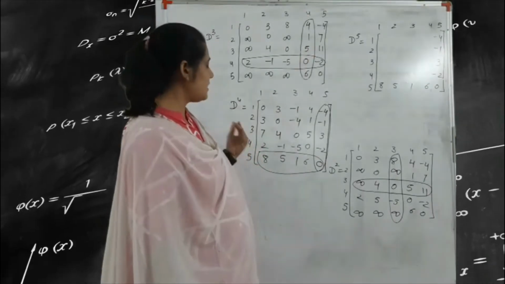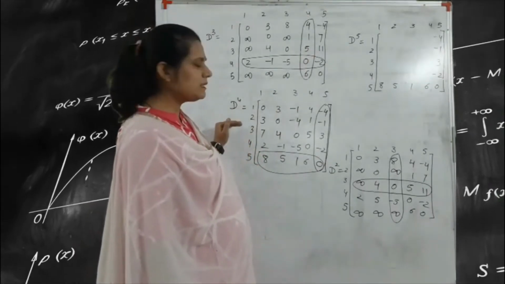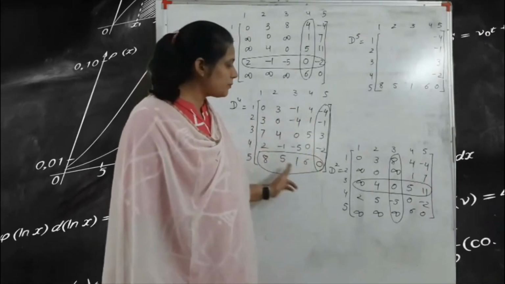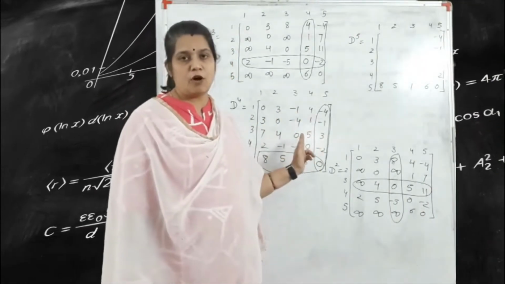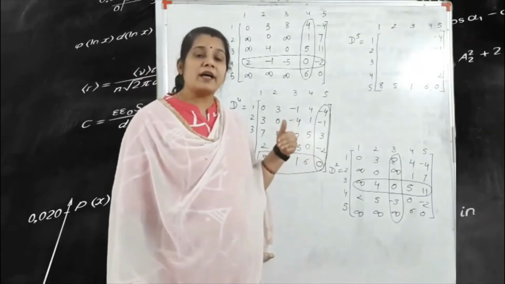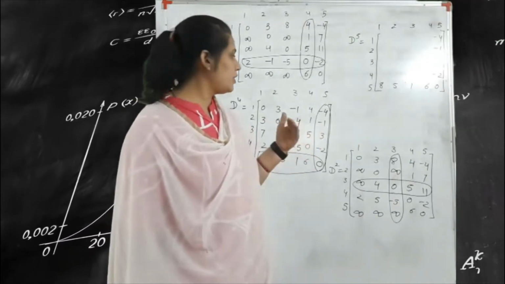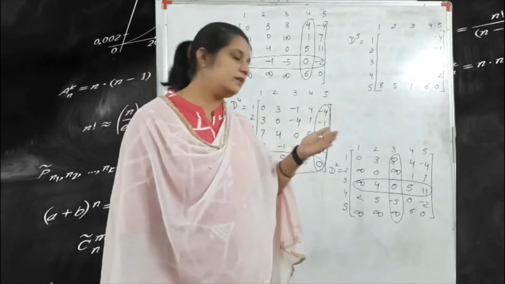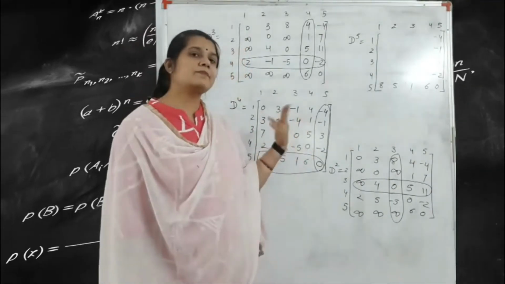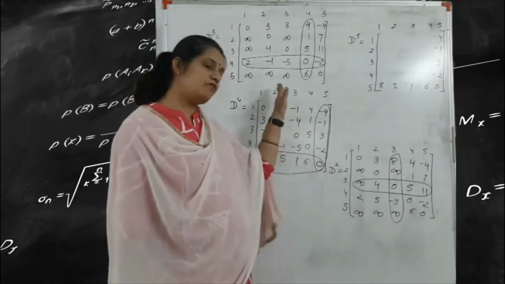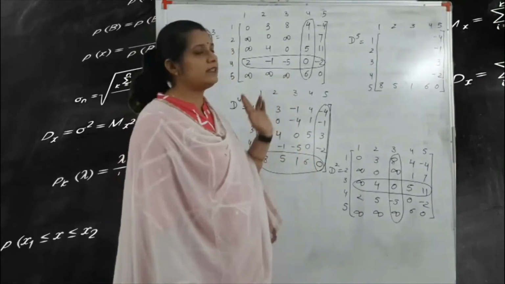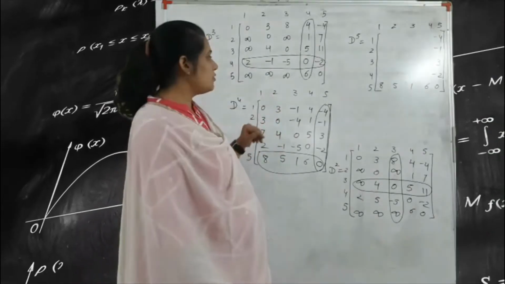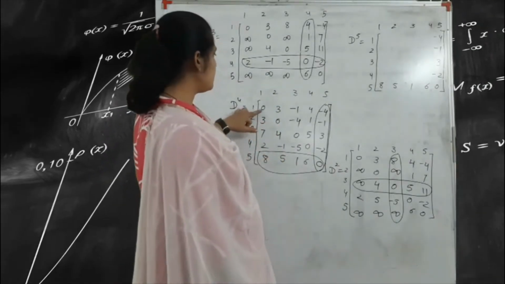That means sometimes, if infinite is not present in the D4 matrix, then you find the next one again. If your vertex is 5, you highlight one by one the first row and first column, second row and second column, up to the fifth row and fifth column, and you find the D5. D5 is your final answer. Okay, so here we find the D5.